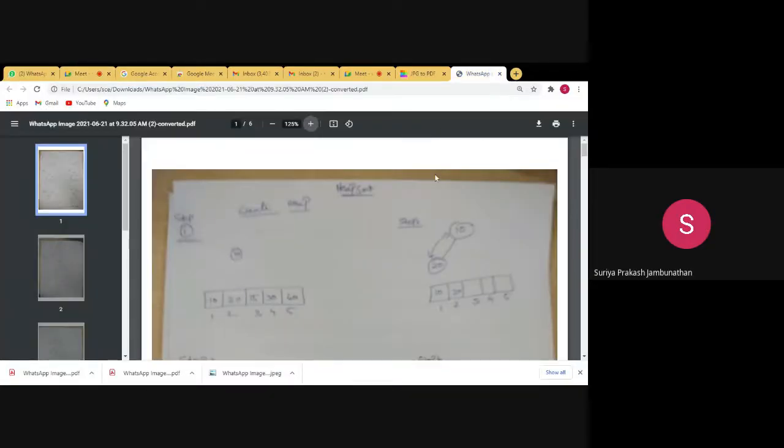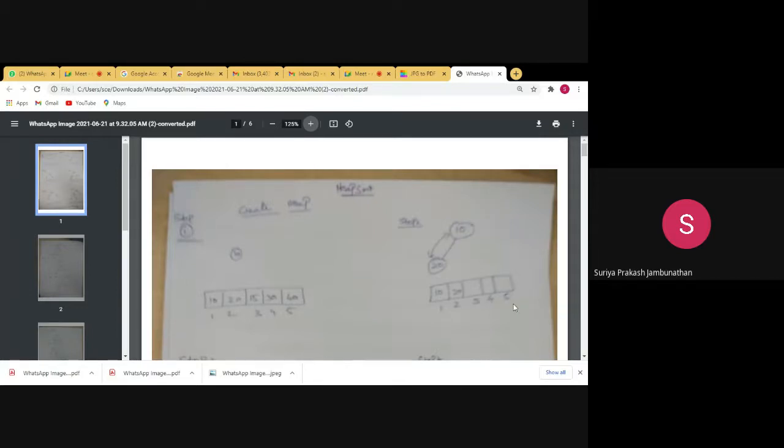So students, here we are having the first topic: how to create a heap. We have a total of 5 elements in the particular array. Whenever we have 5 elements, how do we start with the heap, and how do we arrange the values in the heap? That is what we are discussing at first.